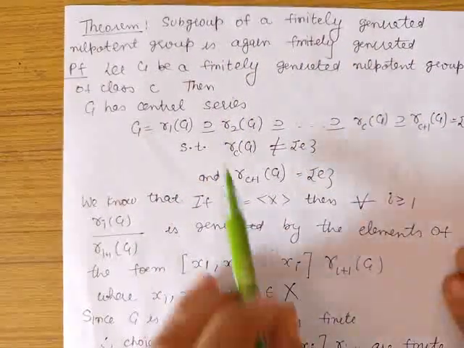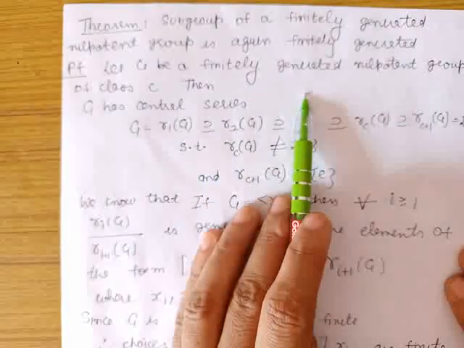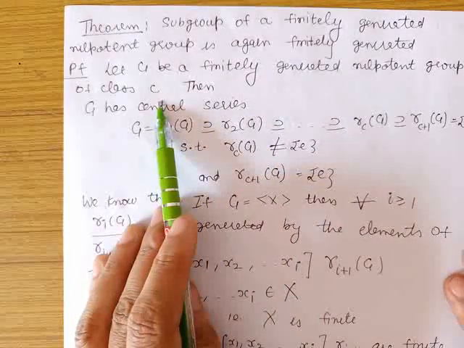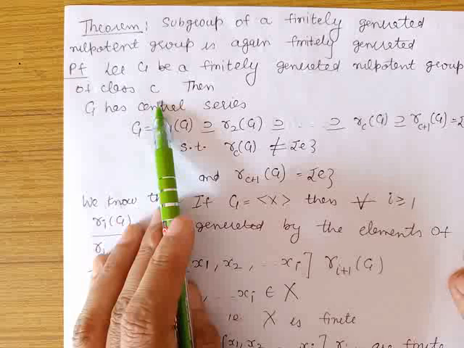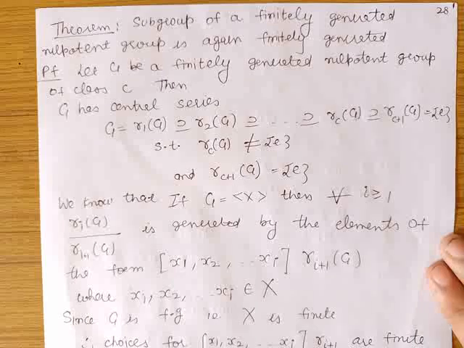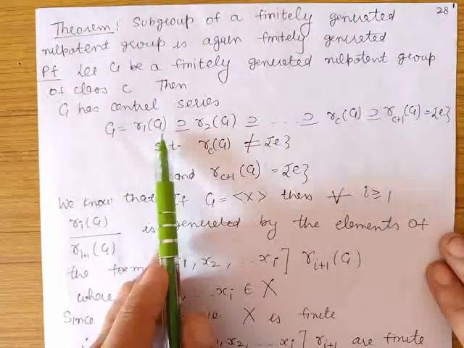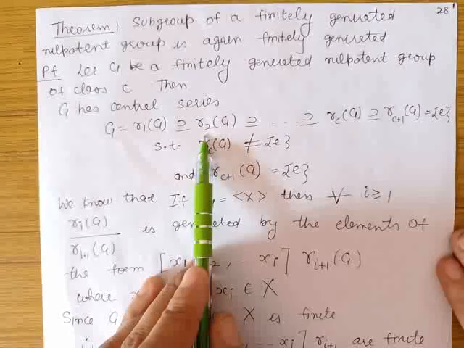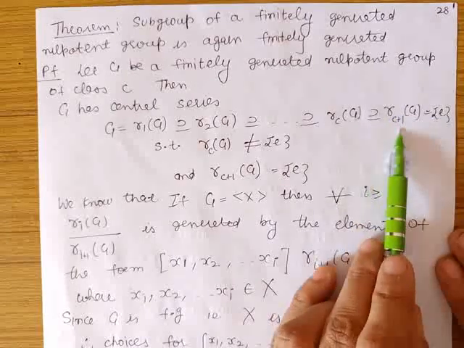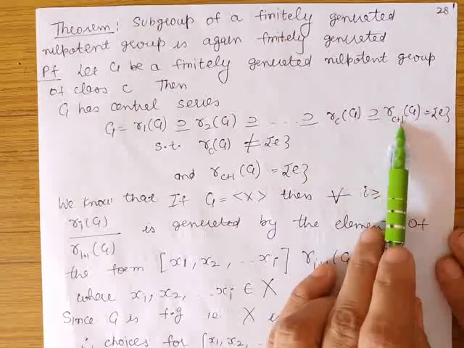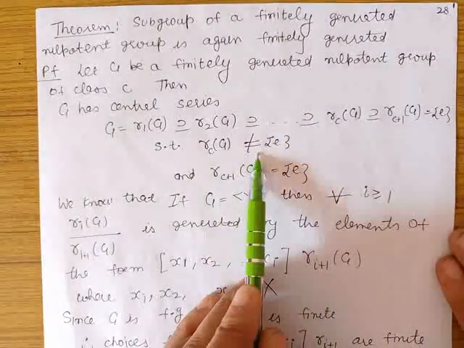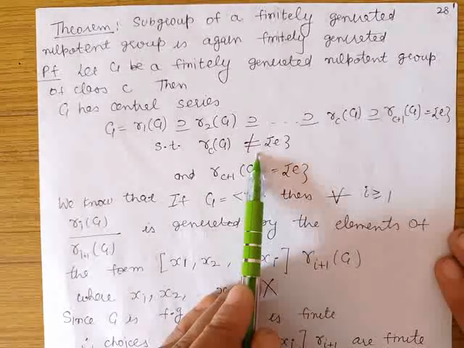So let us take G, a finitely generated nilpotent group having nilpotency class C. So by the definition of a nilpotent group, G will have a central series. Let us take the central series for the group G given by G = gamma_1 G contains gamma_2 G, contains gamma_3 G, and so on, contains gamma_(C+1) G. Gamma_(C+1) G is the identity, but gamma_C G will not be equal to the identity because the nilpotency class of